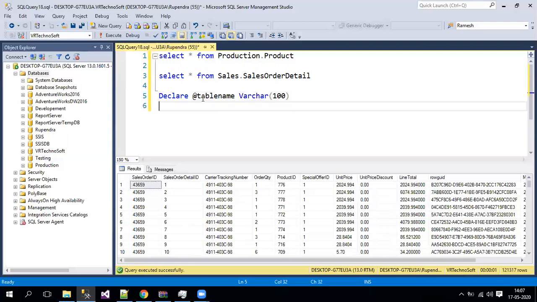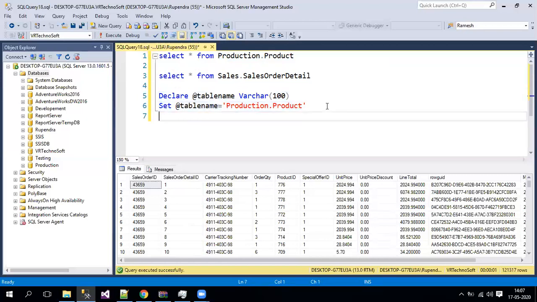I'll also set @TableName equal to, for example, the whole schema name along with the table name in this variable, and we'll see how we can write a dynamic SQL.